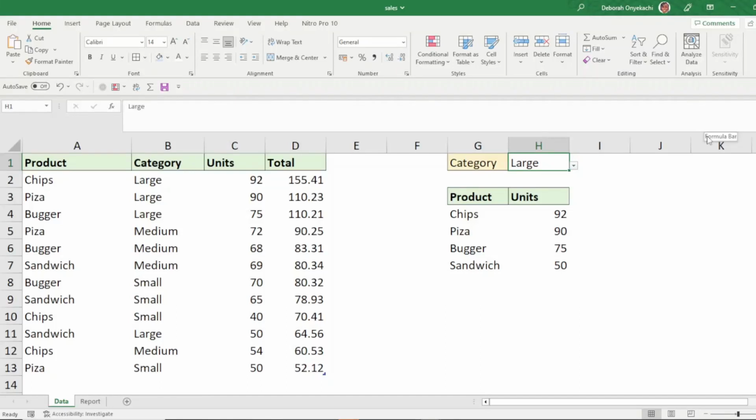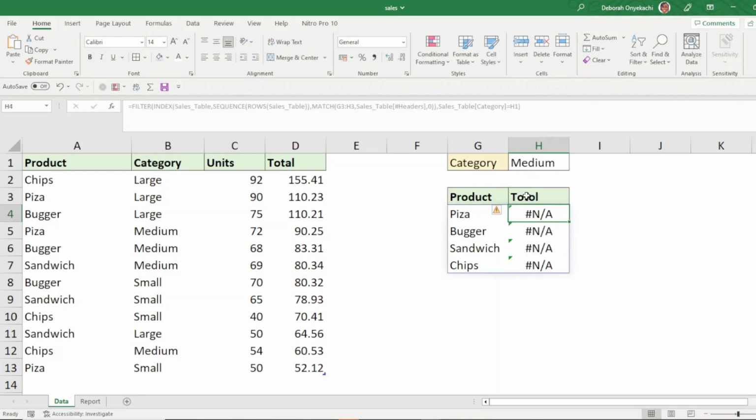Today I want to show you how you can return non-adjacent columns in a table. If you look at the example we have here, we are able to return just two columns in this table depending on the category. So when we change this to medium, we're able to return the product on the medium, and also we'll come here and change the header from unit to total. We are also able to return